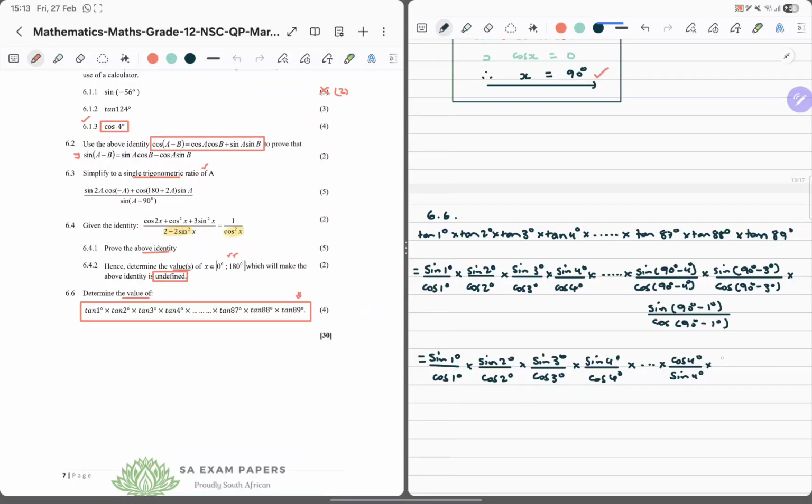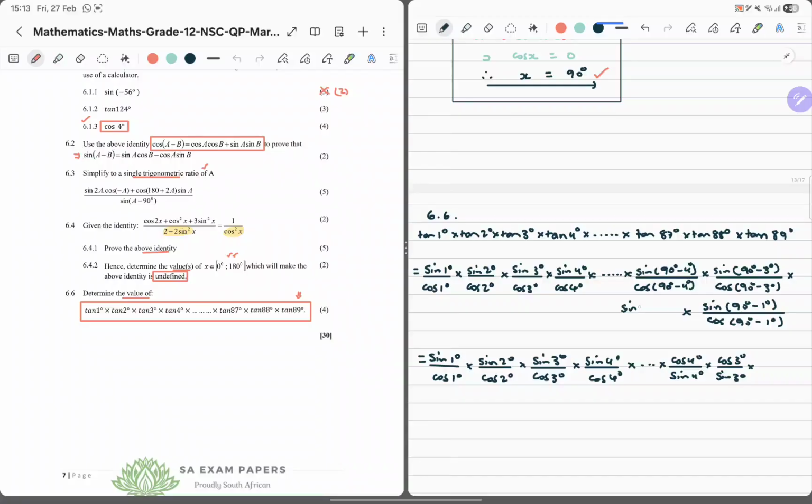Times, this reduces to just cos 3 degrees over sine 3 degrees times, why do I have 3 terms when I intended to do, yeah man, there's something missing here. Yes, I can tell something is not right. So this must have been the other one. Sure, because